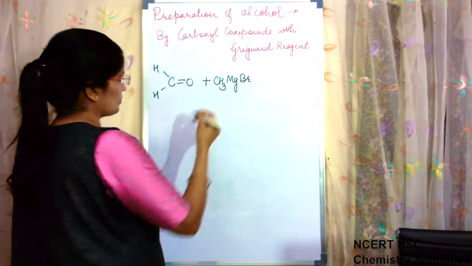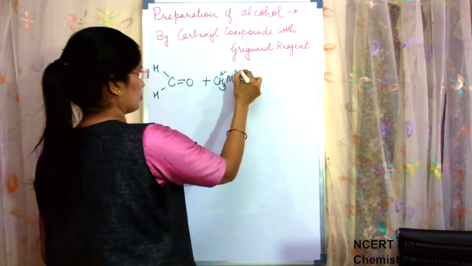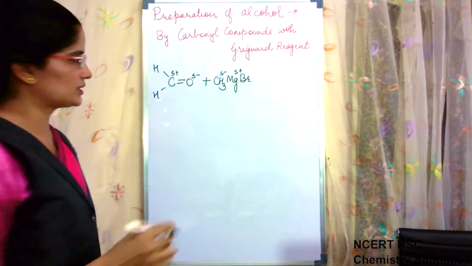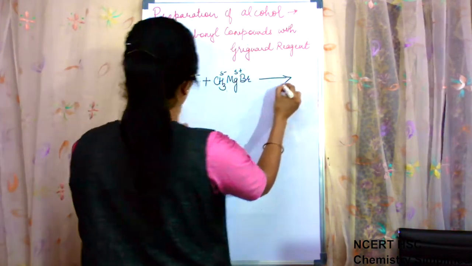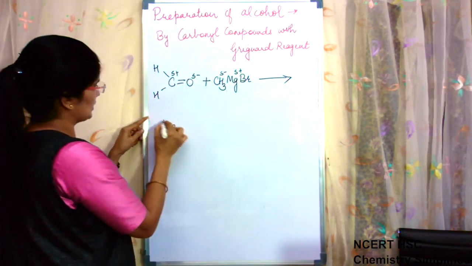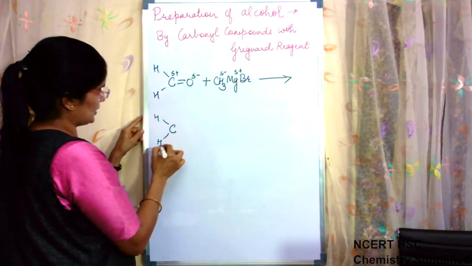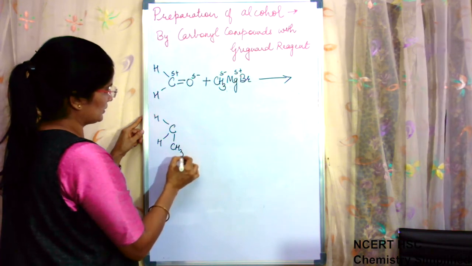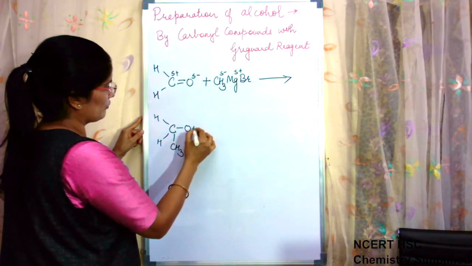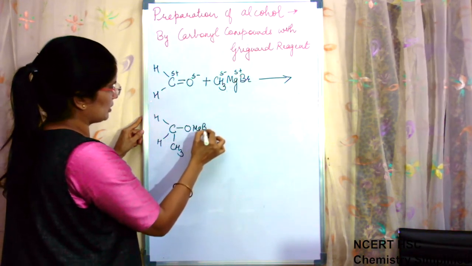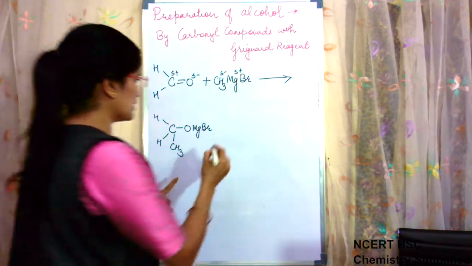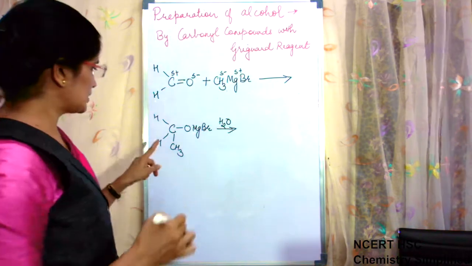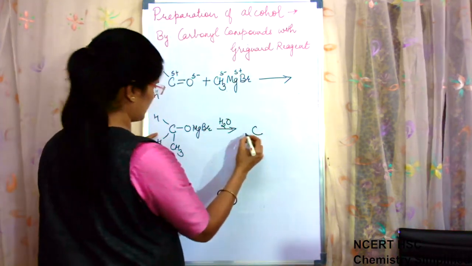In the first step again negative, positive, negative, partial positive. This will form the intermediate CH2, CH3 will come here and O will bond with MgBr. In the next step, on hydrolysis, this is going to give